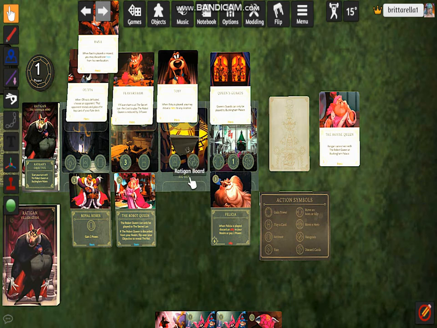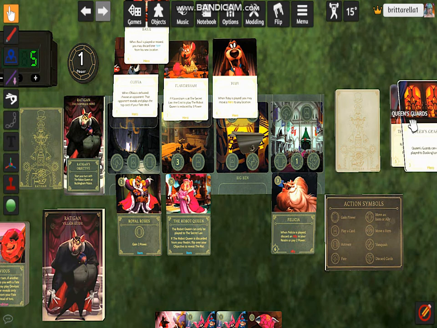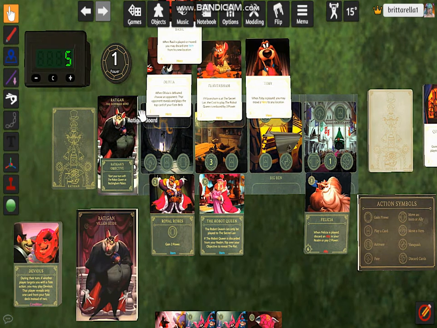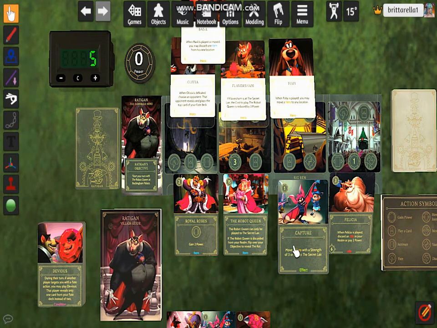Next thing that I'm going to do here right now is I am going to go to Big Ben and have Felicia vanquish the Queen's guards so they could be out of the way. And then, I don't want to do this, but I'm going to spend 1 power to capture...